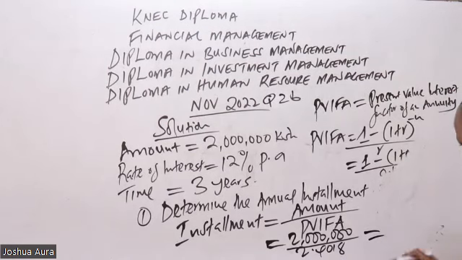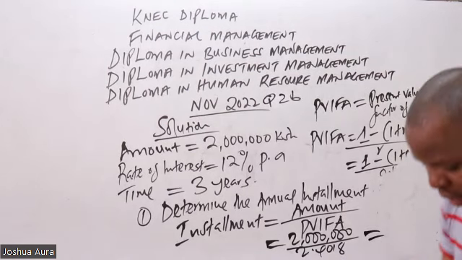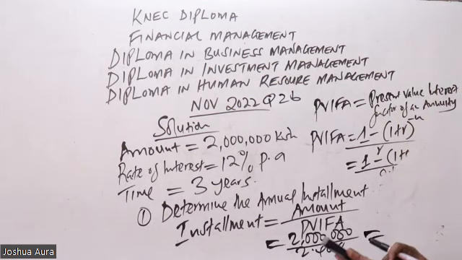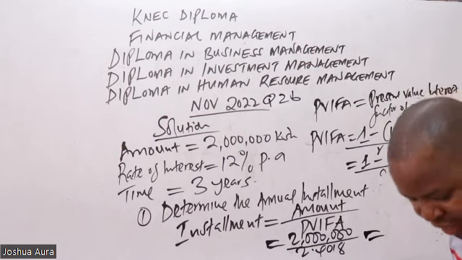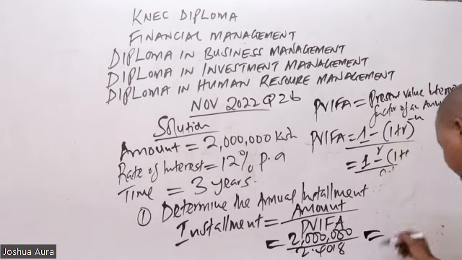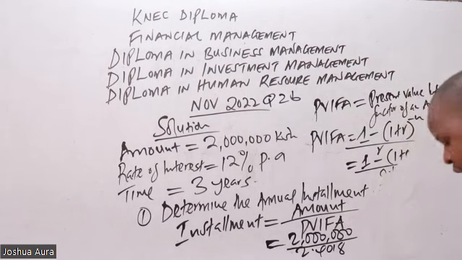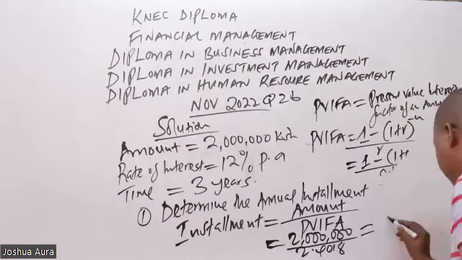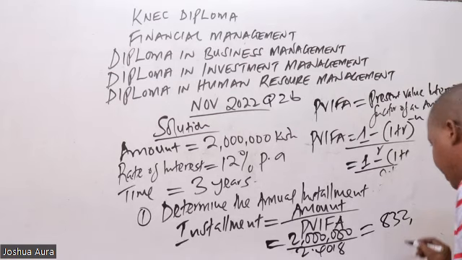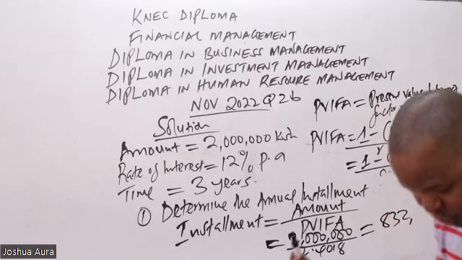So here we go. 2 million. Take your calculator. 2 million divided by 2.4018. We are getting a figure of 832,